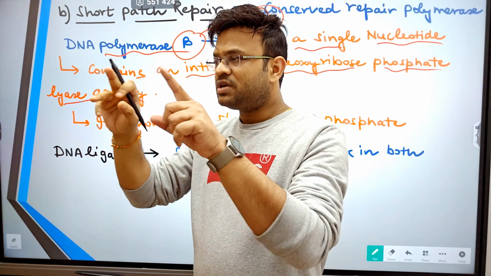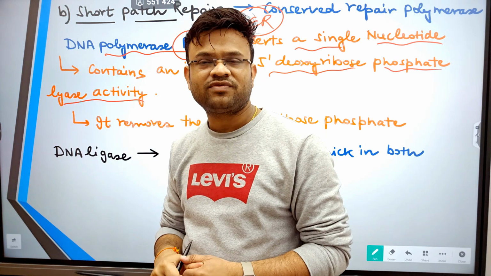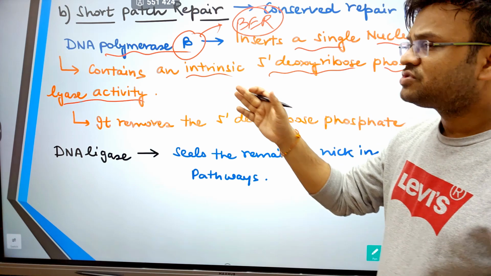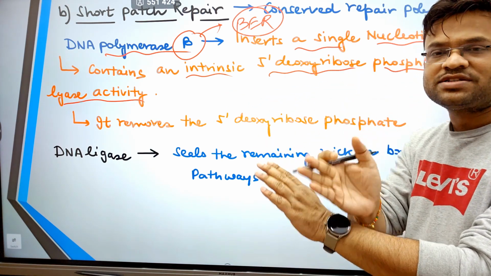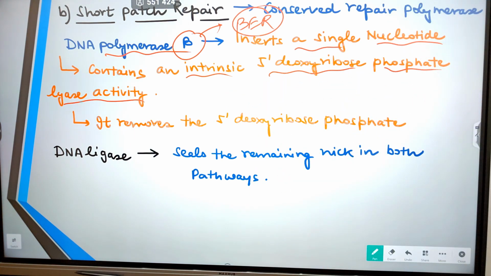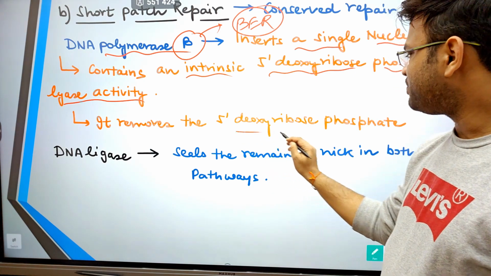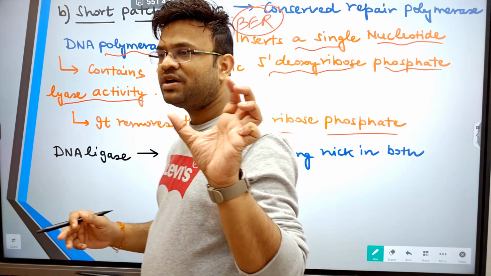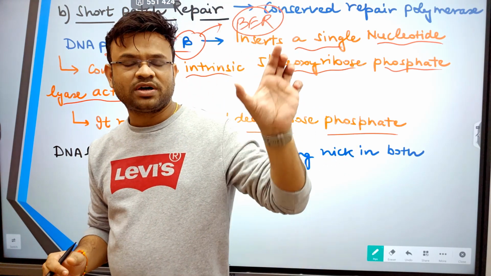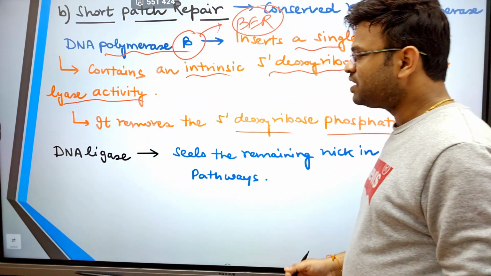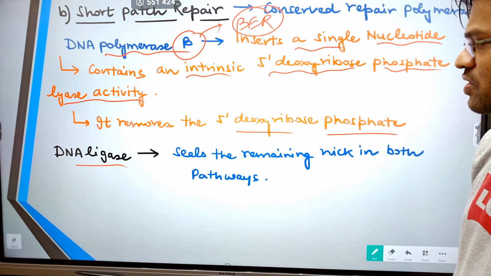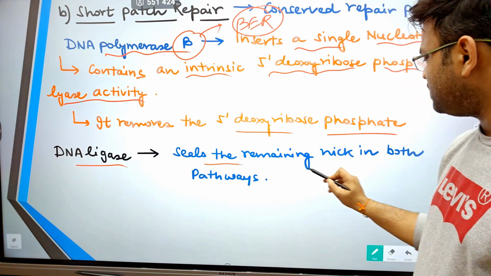If you remember the structure of the sugar that I had shown you, it had a 5' phosphate in it, and that bond, or basically the phosphodiester bond, will be cleaved by this lyase enzyme. So it removes the 5' deoxyribose phosphate. That means the phosphate that was attached to the 5' carbon of the sugar will be broken down and cleaved. And then finally the DNA ligase enzyme would also be involved, because you have to seal the remaining nick